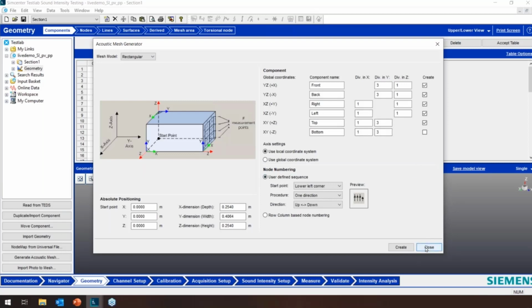Oh, okay, I see. So what that means is basically that the z direction will always be the normal to the surface if we choose the local coordinate system. And then if we choose the global, then they will just be in the global x, y, z directions for all surfaces as shown on the left-hand side there. Yes, that sounds right to me.